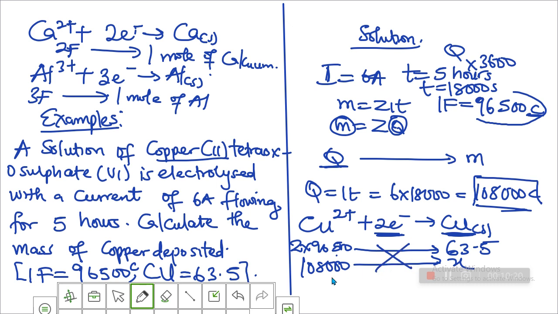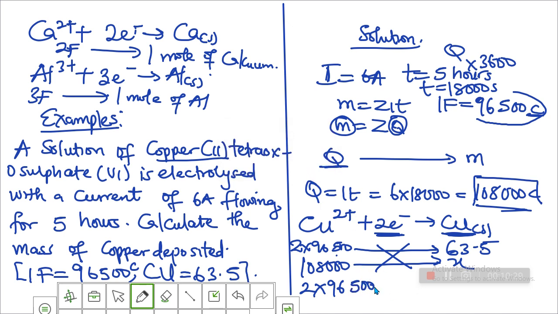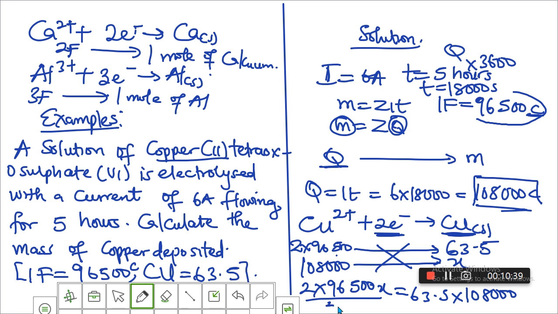So you just cross multiply. So we'll be having 2 times 96,500 times x, which is now be what? 63.5 times 108,000. So let me just give you this final answer. So you now say 2 times